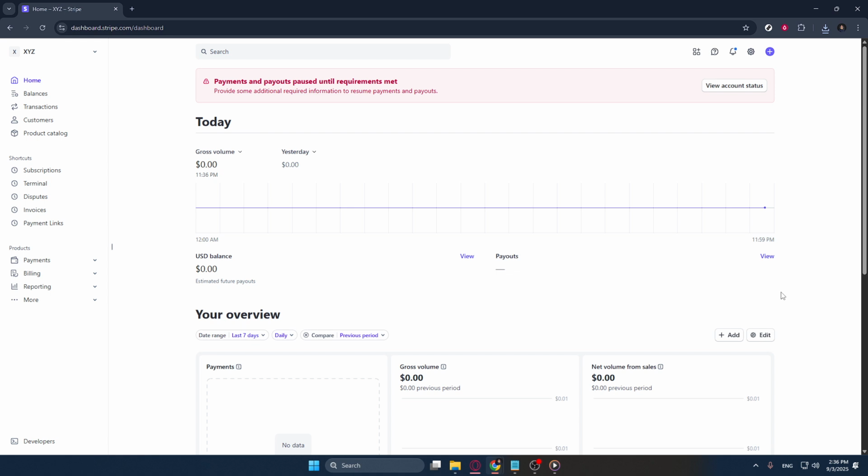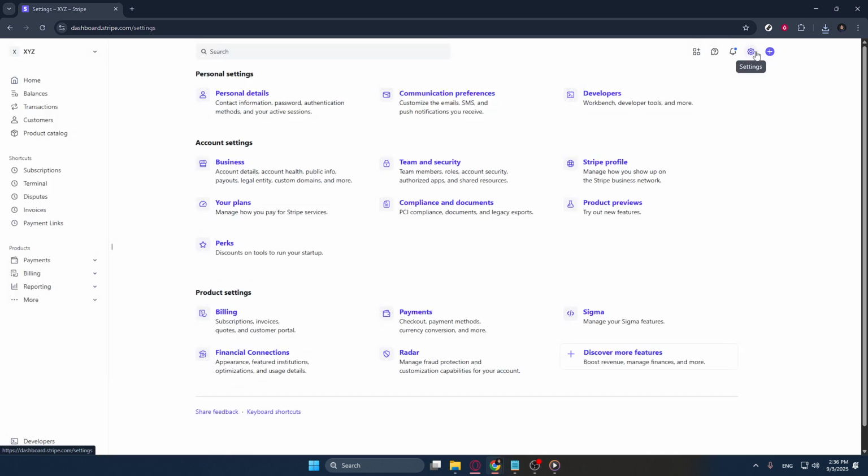On the left-hand side, you'll find a menu with various options. Look for the Settings tab, that's where we're headed. Give it a click, and it will take you to a page filled with all kinds of customizable settings for your business's payment system. It's like the control center for your Stripe account, where you can tailor many things to